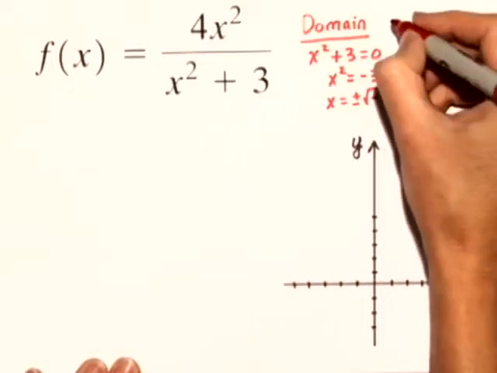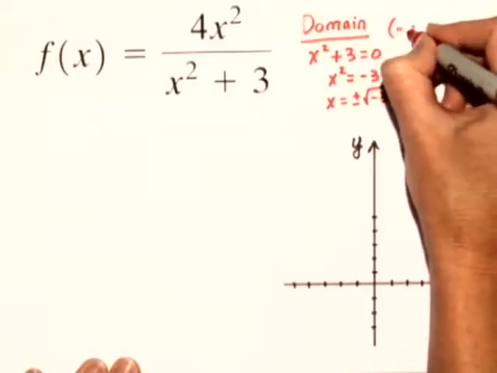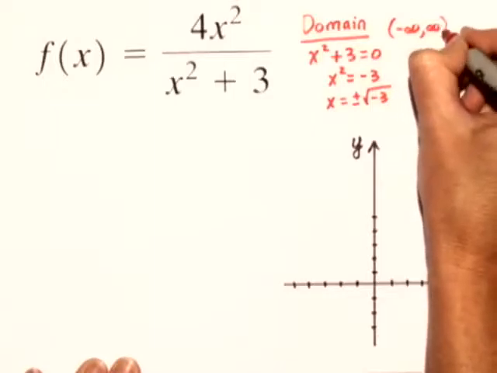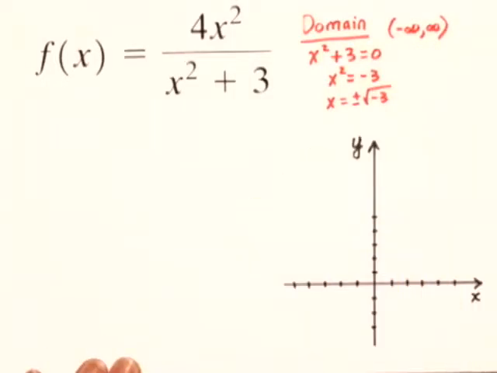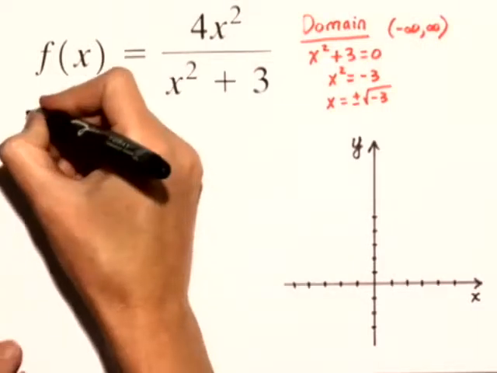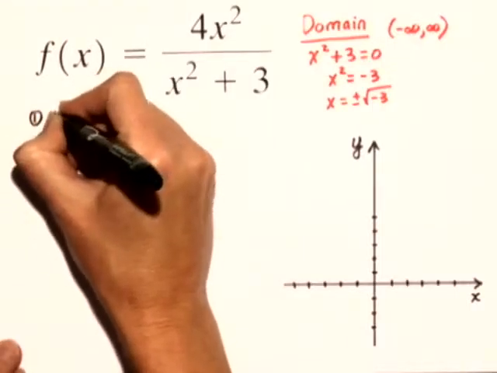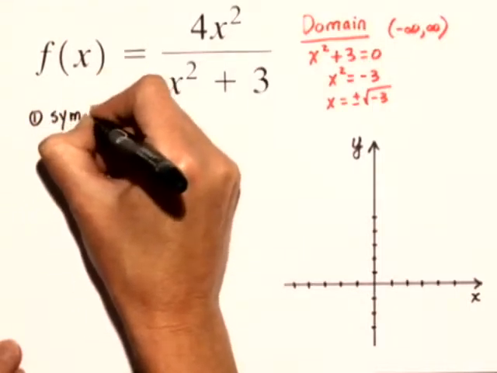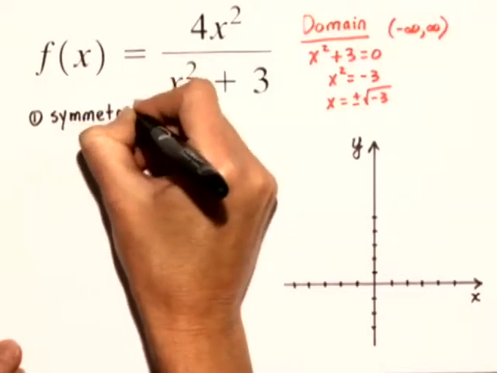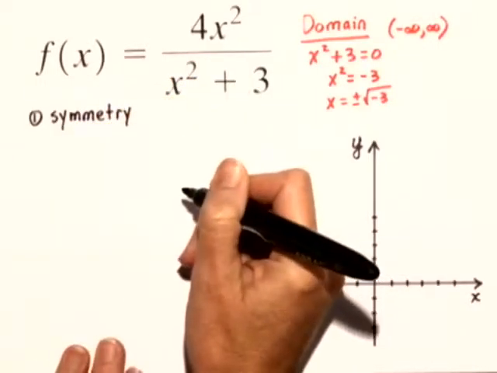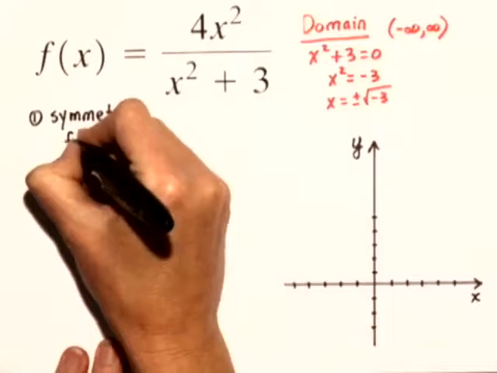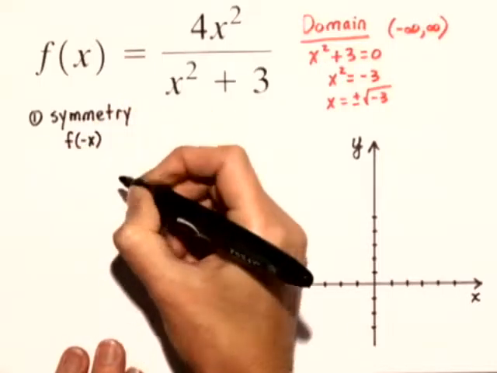So therefore, we can say that our domain is any real value from negative to positive infinity. We can let x equal any real number. Now let's move on to step 1 in order to help us graph this function. In step 1, we always want to check to see if we have any symmetry to help us with the graph. In order to check for symmetry, we really need to look at f of negative x and compare it